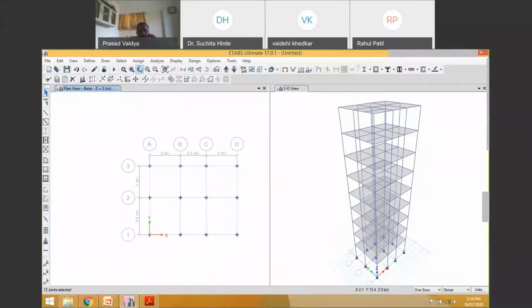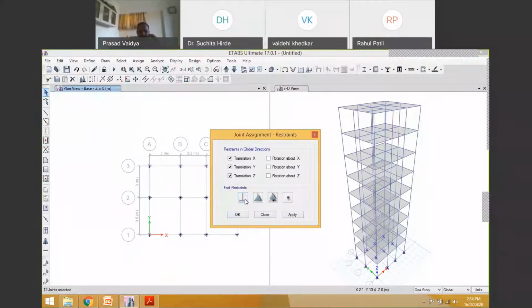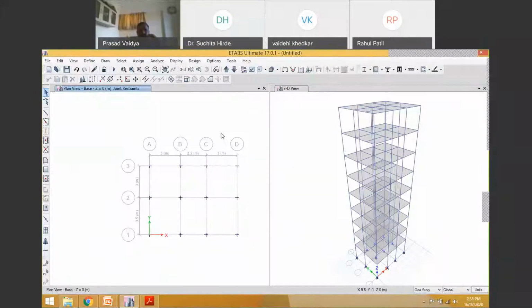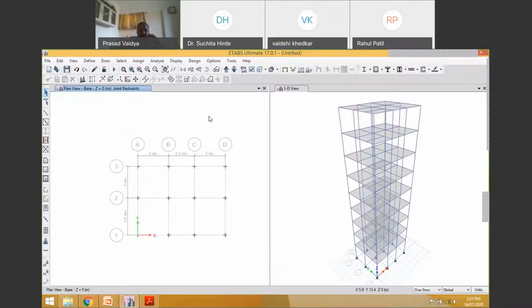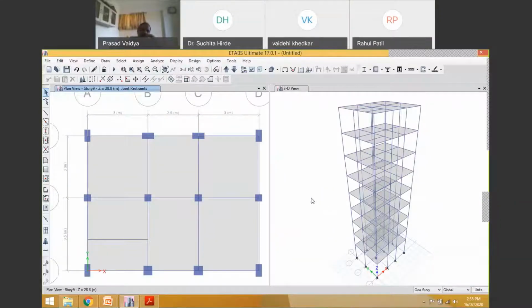So for that we'll go to plan and base. Select all nodes by drawing a window and go to assign, joint restraints, fix. Supports are fixed. Again go back to our original view. Now this slab is replicated to all floors.